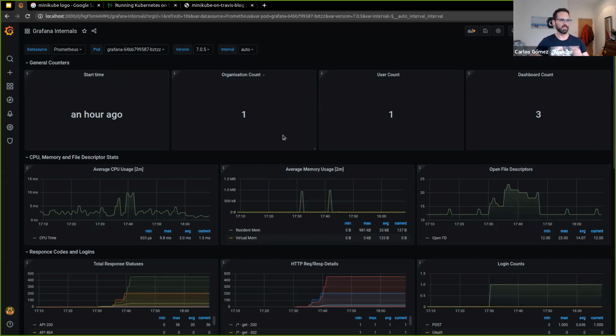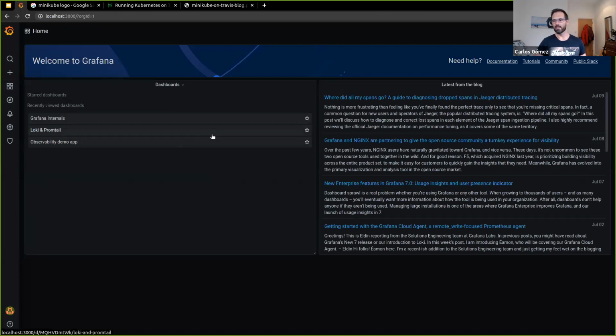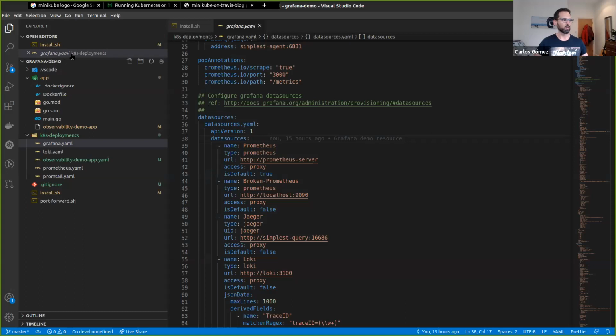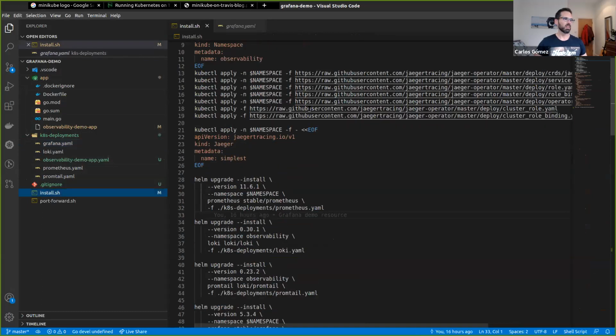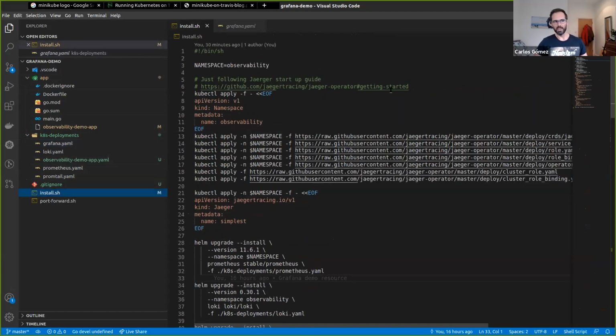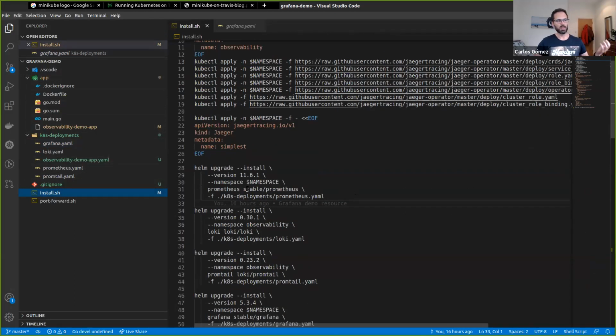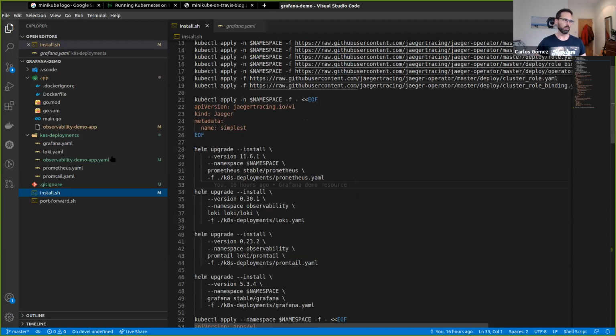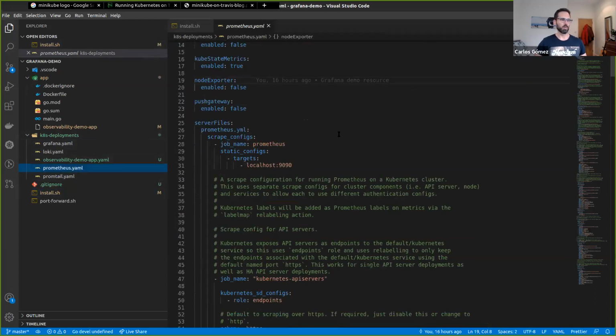Cool. So you can see I have a Grafana deployment. All this is running on my local laptop. And I have 3 little dashboards over here. I'm using just how Jaeger recommends to deploy things. This is all running in my little script, using Helm to install Prometheus with some custom properties,